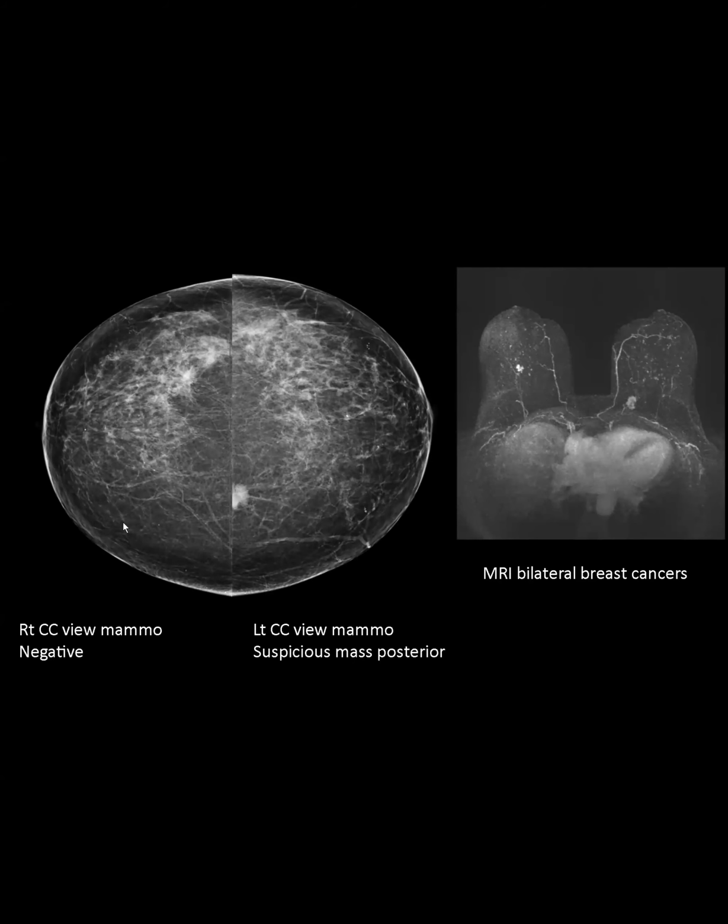Likewise, this is a woman who came in. This is her right breast, left breast. We can see, because it's mostly fatty tissue in this back part of the breast, no problem seeing this cancer, but very difficult to see this cancer in the right breast. Same woman placed in MRI scanner, enhancement in the heart, vessels enhance. The cancer that we see in the back part of the breast on the mammogram, but difficult to see, but also lighting up like a light bulb on this breast MRI, is the cancer that's hidden by the dense breast